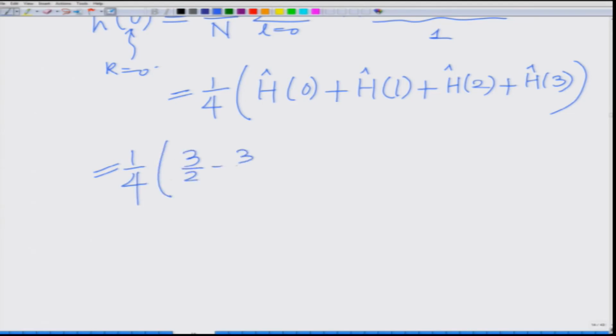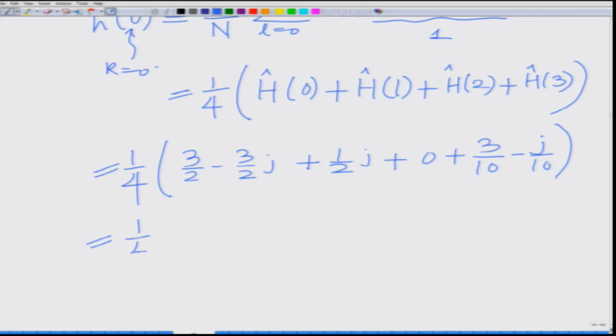So, this is 3 by 2 minus 3 by 2 j plus half j plus 0 plus half j, plus 0 plus 3 by 10 minus j by 10, which is equal to,